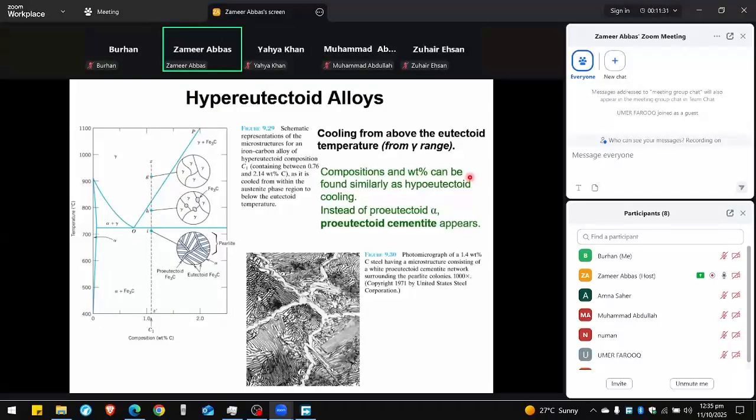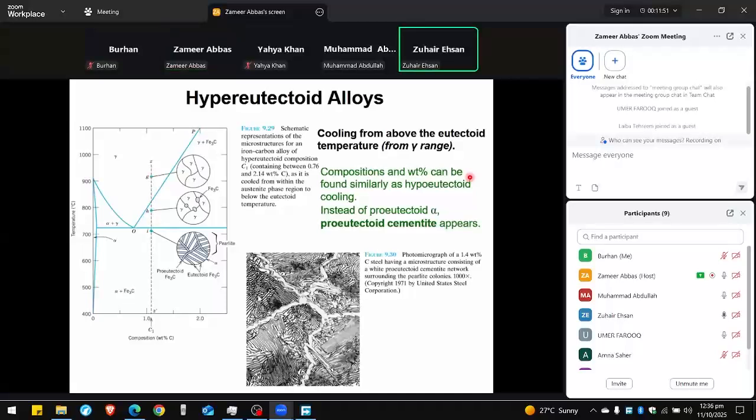Iron carbide, is it brittle material? Is it soft material? क्या है? Laba, what do you think? सर हार्ड मटेरियल होगा, आई थिंक।